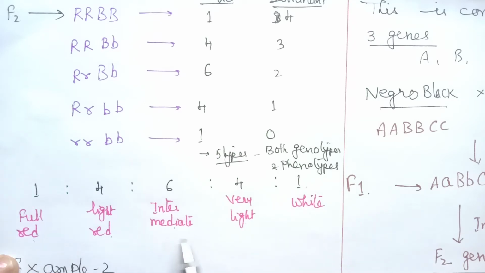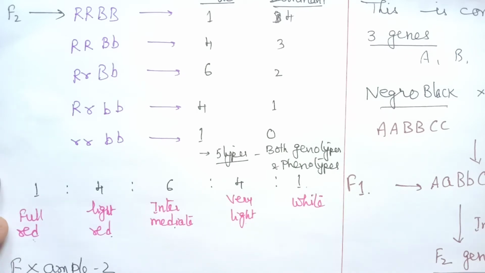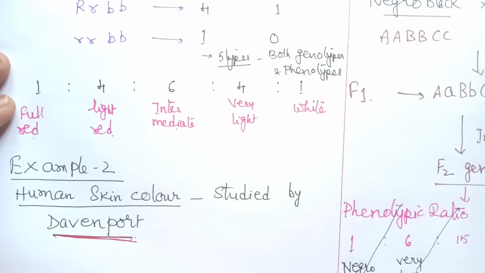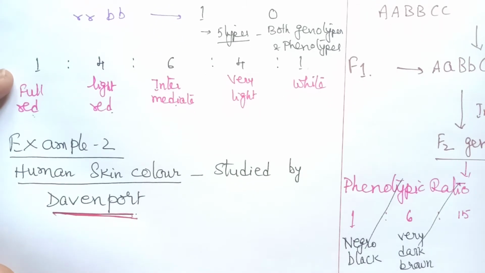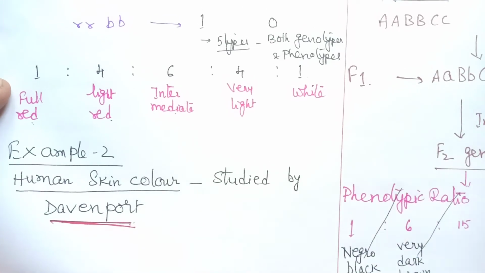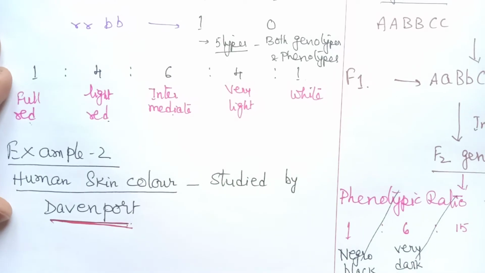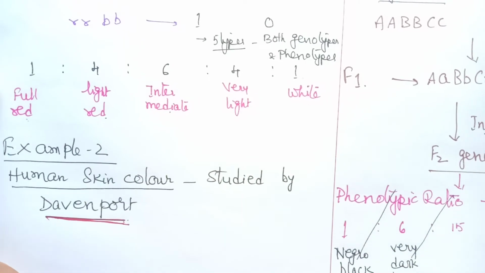So these are the different phenotypes which are obtained. This is the case where 2 genes are involved for a particular character. Now let us see the most complicated one, the second example, human skin color. All of us know human skin color shows different shades. No 2 individuals will have the same skin color. Each one has their own color of the skin. That is because of this range of expression which we can observe in polygenic inheritance.